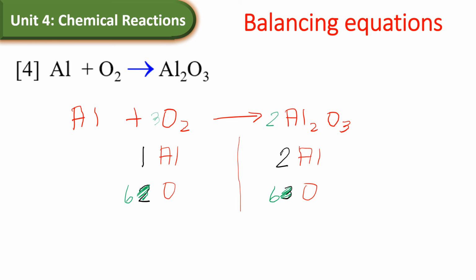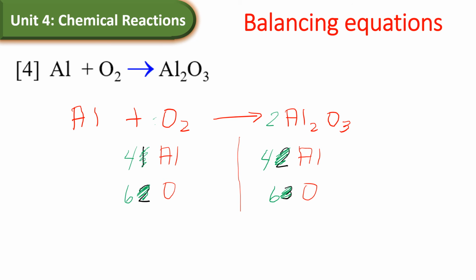So if I have 6 for oxygen and I add 2 in this compound, 2 times 2, this will become 4. Therefore, if I have 4 aluminum on this side, this one will also be adjusted to have 4. So therefore, my final answer will be,